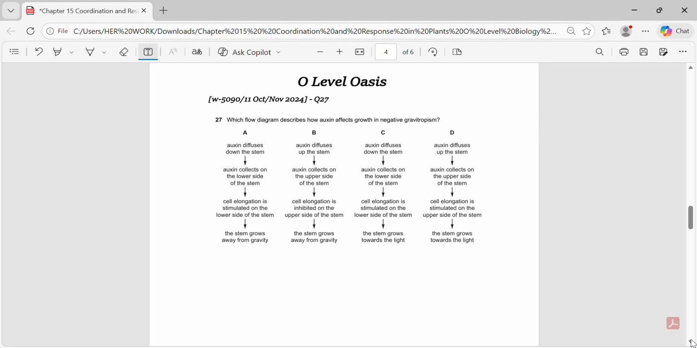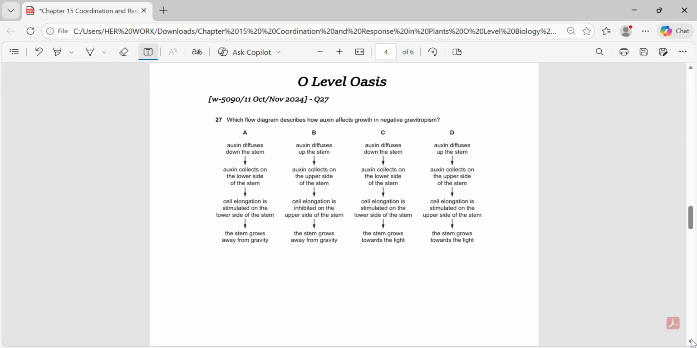Then the question says, which flow diagram describes how auxin affects growth in negative gravitropism? So here, look carefully at the options. In option A, auxin diffuses down the stem, then auxin collects on the lower side of the stem. This causes cell elongation to be stimulated on the lower side of the stem, and as a result, the stem